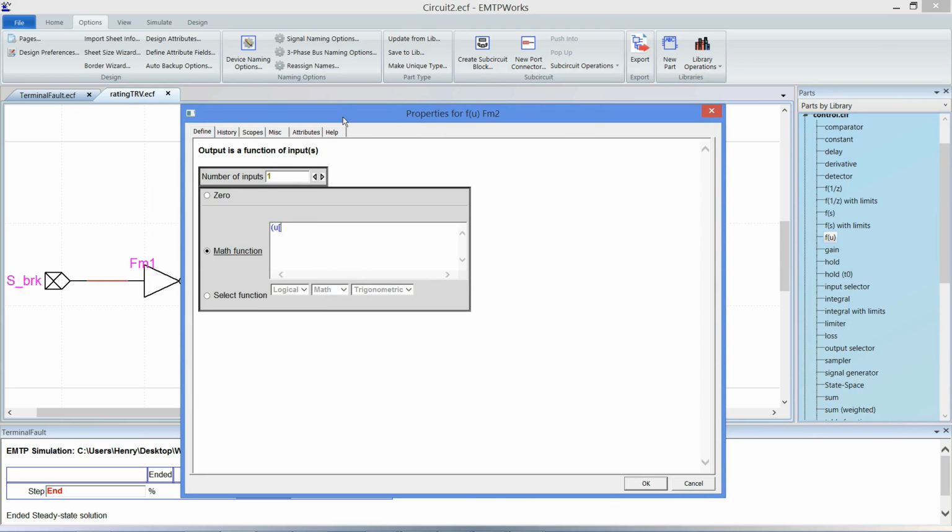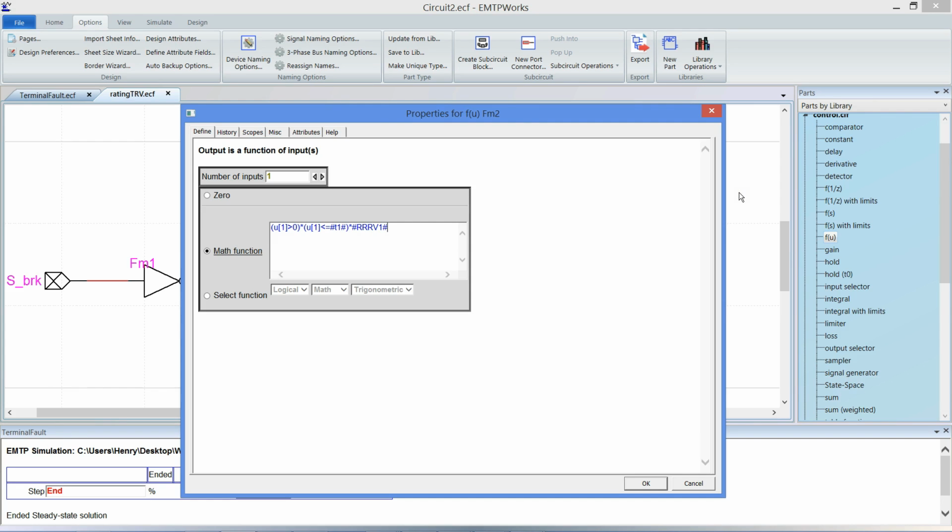So as soon as U1 is bigger than 0, and U1 is smaller or equal to a variable that will be specified in the mask, T1, sorry, then the value will be